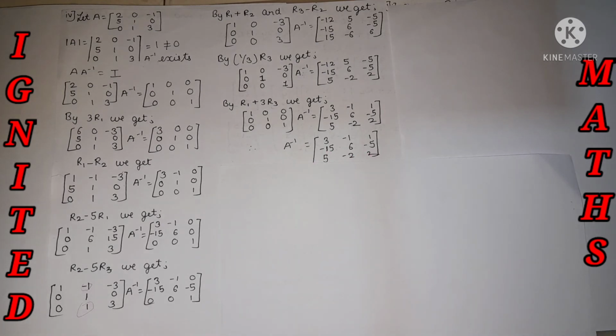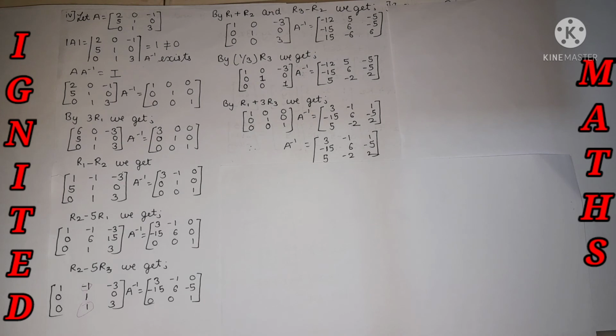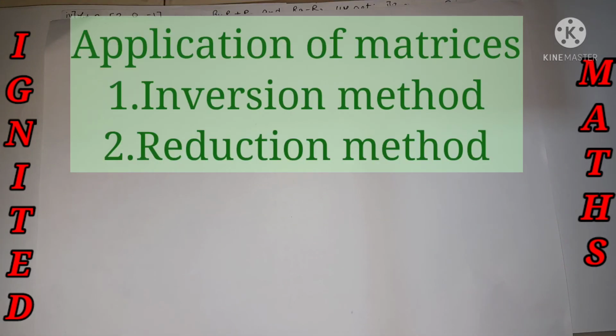Now the important thing that we need to mention: we have found the A inverse by using the transformation. If we find the A inverse by the adjoint method also, we will be getting the same answer. Just cross check it, we'll be getting the same answer. It's one of the proofs. Let's move to exercise 3.3.